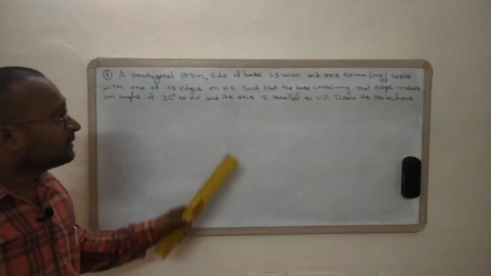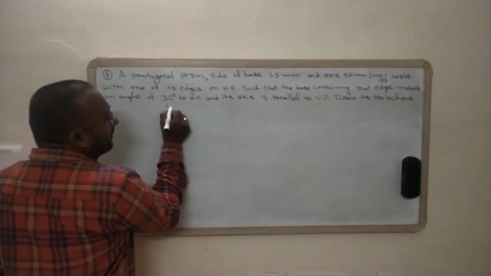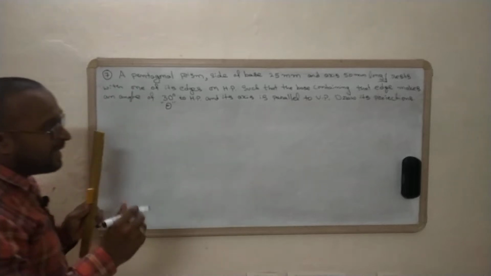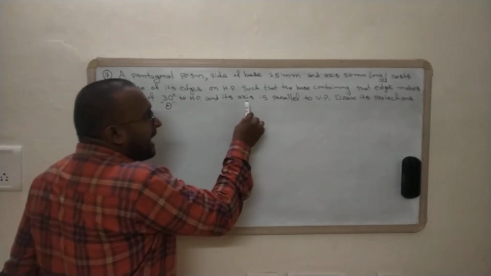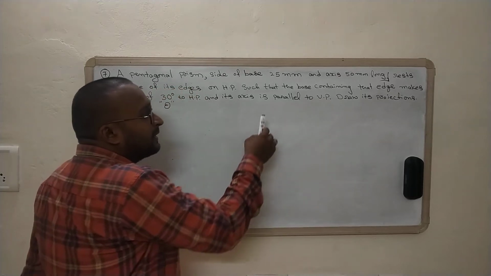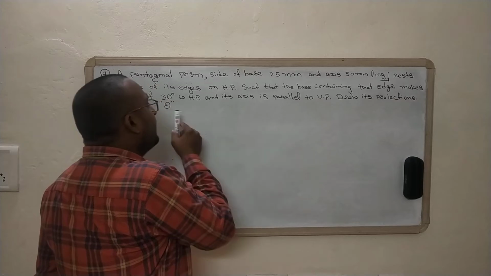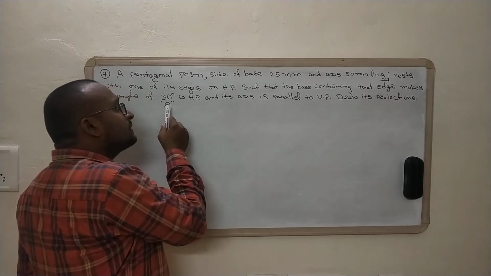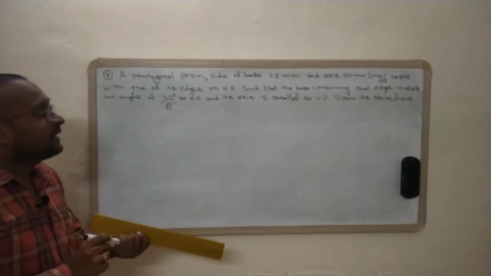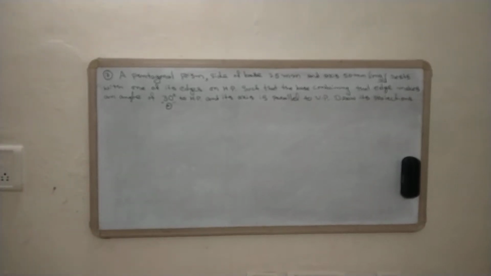So here the problem statement is theta is given. That means a solid inclined to one plane and parallel to another plane. Here the axis is parallel to one plane and inclined to another plane. Here the axis is parallel to the VP and inclined at an angle of theta degrees, that is equal to 30 degrees with HP. So here this is the problem, and we will see.